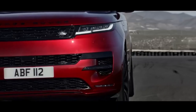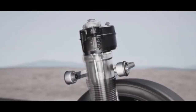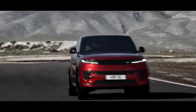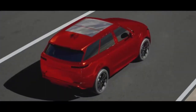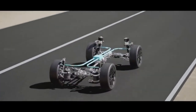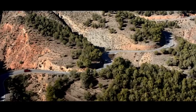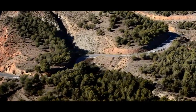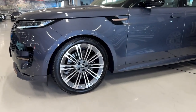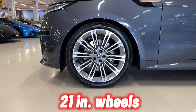Even seemingly minor components, like sensors or electronic modules, can carry steep price tags due to their proprietary nature and limited aftermarket support. The vehicle's advanced systems, such as the air suspension, Terrain Response 2 drive modes, and hybrid components in the P550e, require specialized tools and knowledge to service, meaning you're often locked into dealership servicing, where hourly labor rates can exceed $200. Tire replacements can be costly as well, especially on trims with 21-inch or larger wheels that